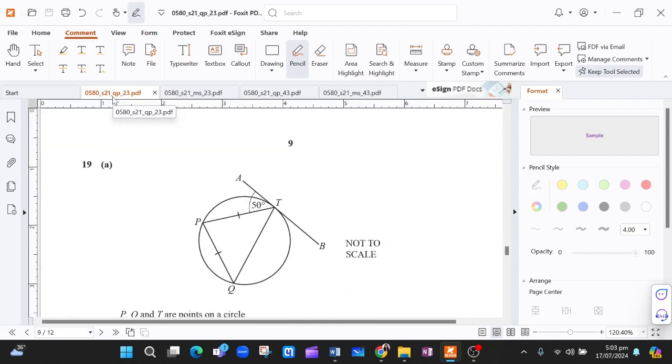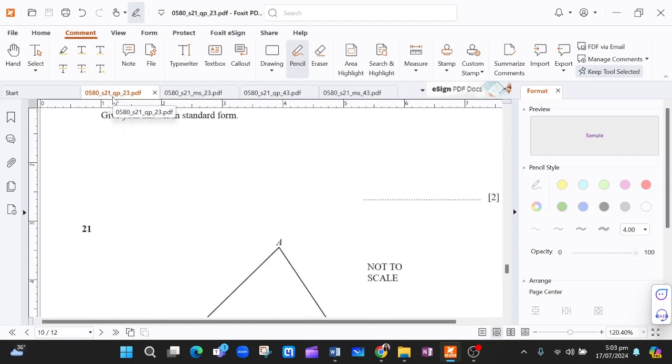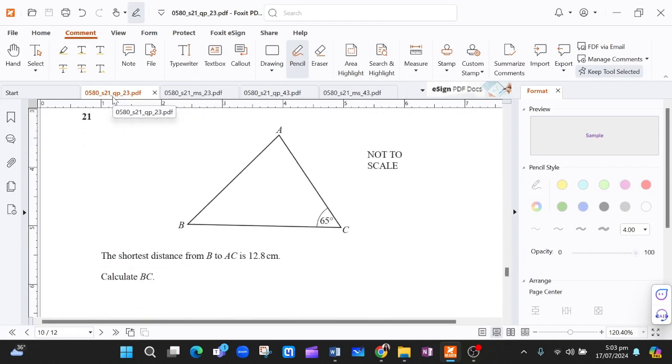All these other questions are non-calculator questions. They can be done without a calculator. Okay, 21. Now this is trigonometry. We can't do this without a calculator, but since exact trigonometric values are part of the syllabus now,